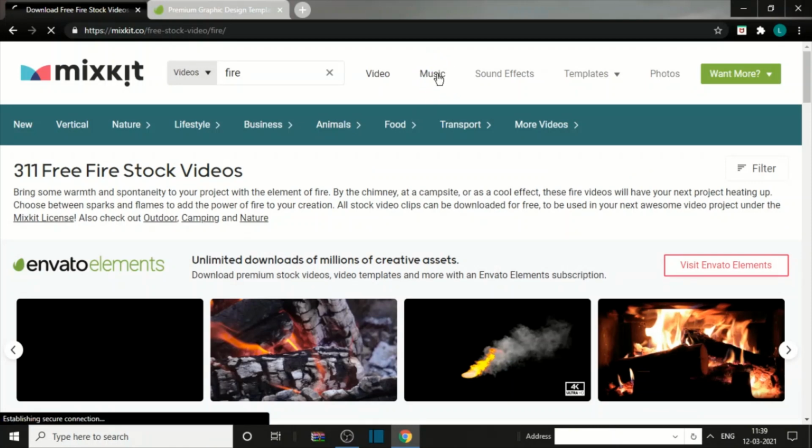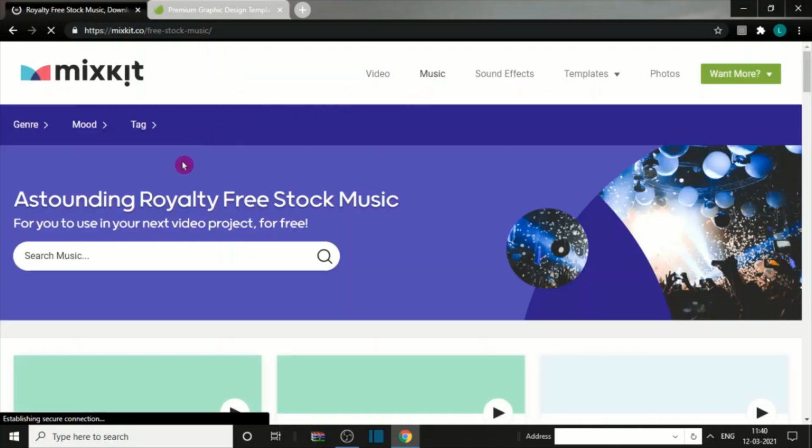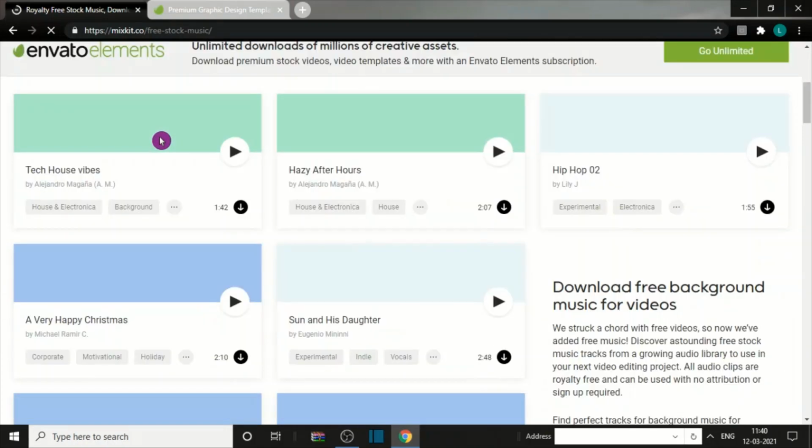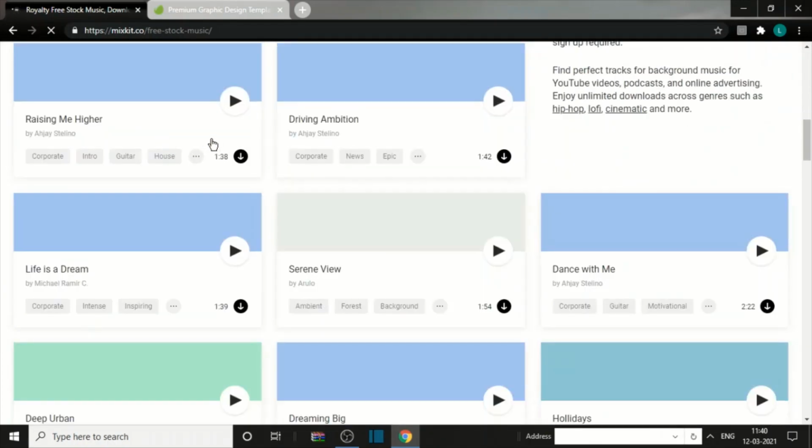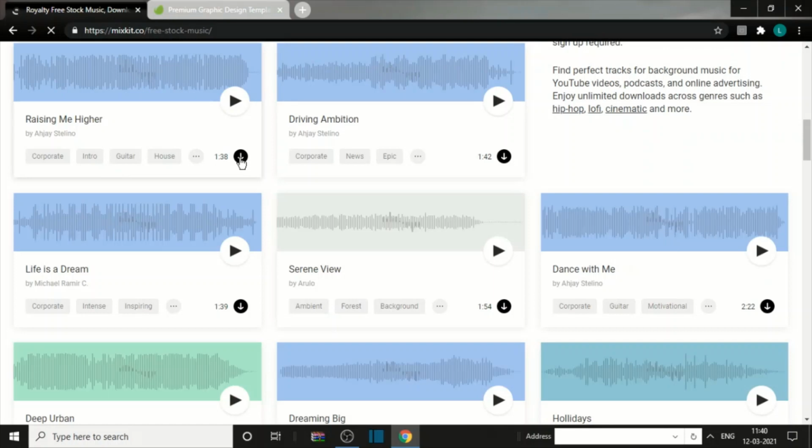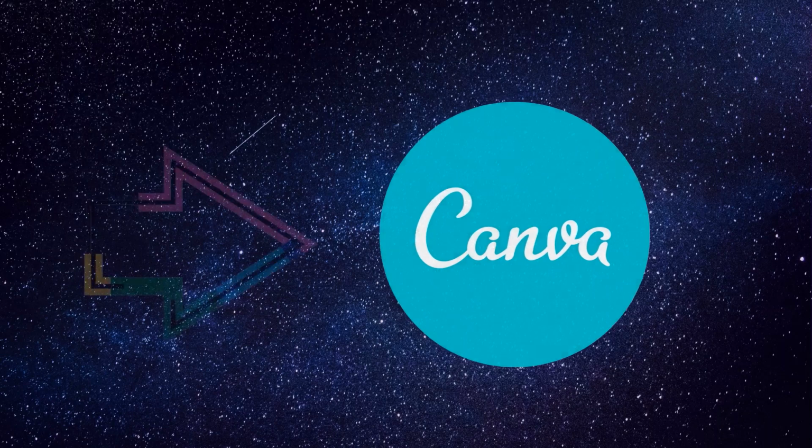Once we are ready with the template, we can also select the music, any audio file you can select, and there are no issues of giving credits or using it for your commercial process. You can easily use it for any commercial purposes or projects. You just have to go to the download section and just download the audio file and use it in your any multi-purpose commercial projects as well.